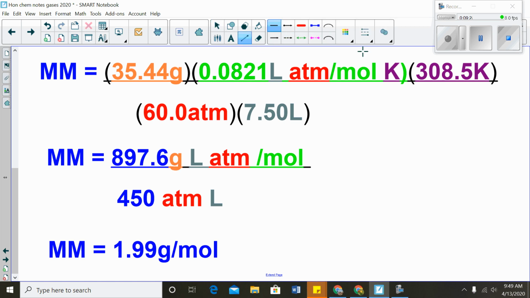And if you need to see some of these cancellations, there's the original. Kelvin is out. Liter and liter cancels. Atm cancels. So what is left? Gram per mole, which is molar mass. So it's grams per